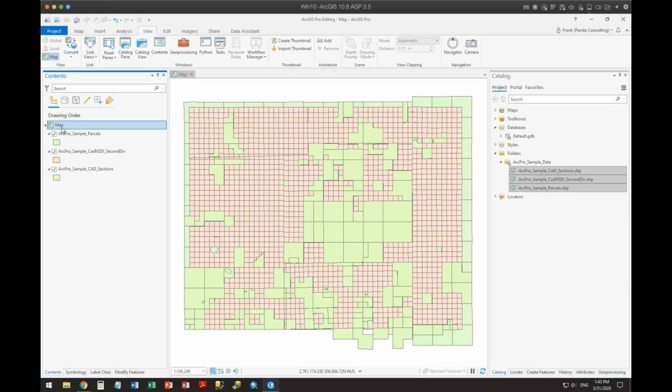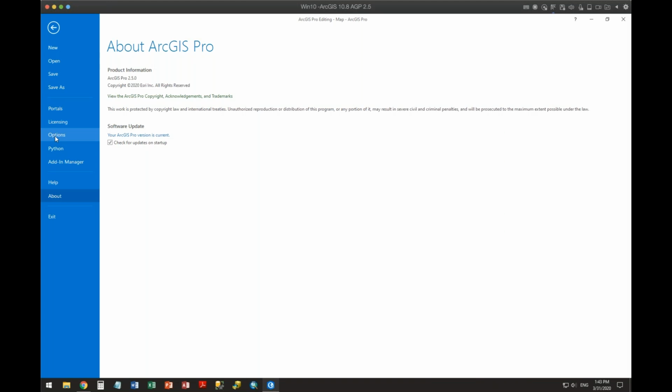Okay. So let's go back here. We had some settings that we want to be aware of. This is similar to ArcMap, in which those of us doing parcel editing had to learn very quickly that the first thing we had to do when we started editing was set what units we're using, what bearings or directions we're using, all of that. It's the same way here. If you go to Project and then go to Options, all right?